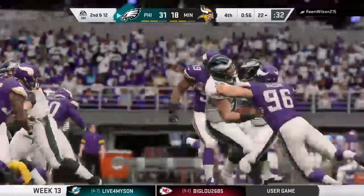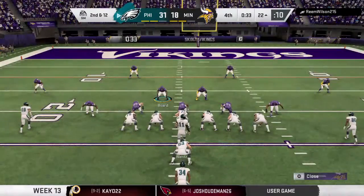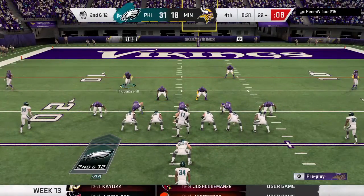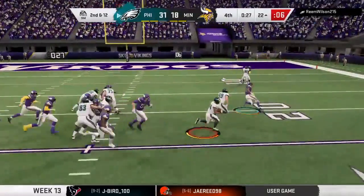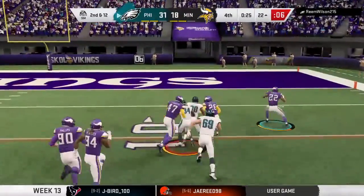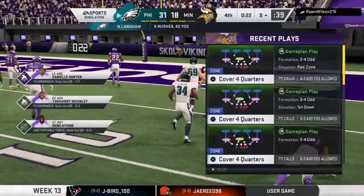Well, Brandon, he's had a great day, but sometimes the other guys make a play against you. What's that expression they like to use in the NFL? Those guys get paid too, you know. Yeah, in college they say, hey, they're on scholarship too. In the NFL, they're getting paid too. With the day he's had, you can have one go in the wrong direction. And he gets it inside the 10 to the 9. It's a...